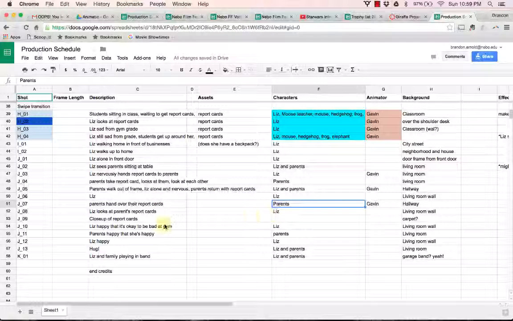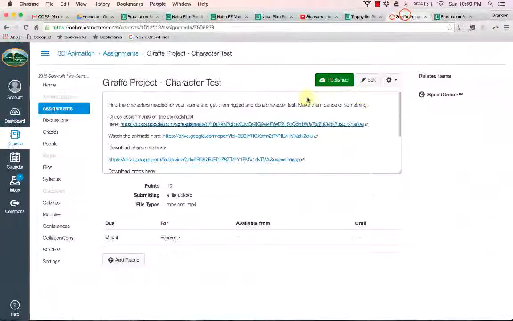So let's say, I don't know, let's say we're going to do Liz walking home. Okay. So Liz is the draft. The shot number is I01. The only character in it is Liz herself, and the background is the city street. Okay. So when I go over here to the project,